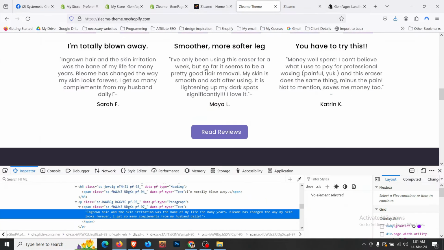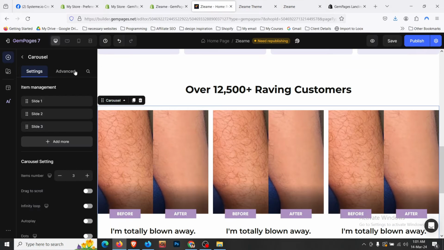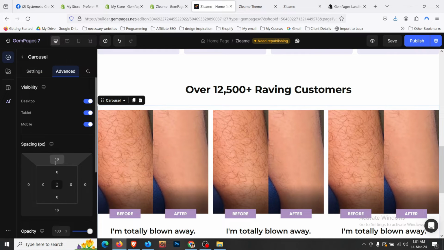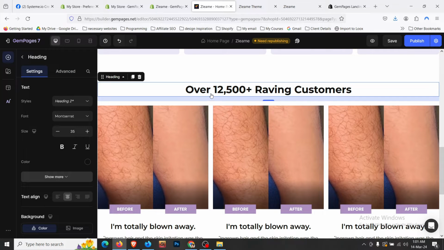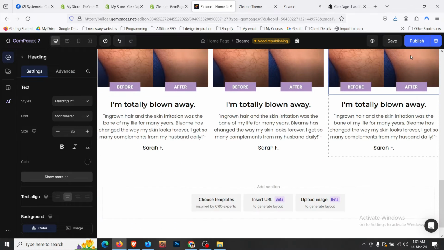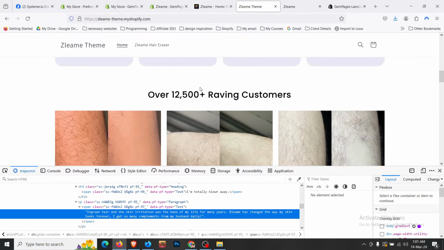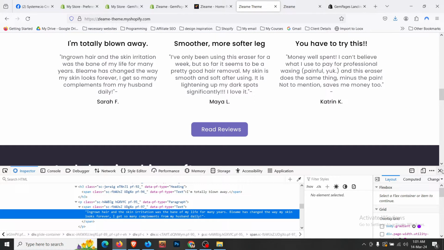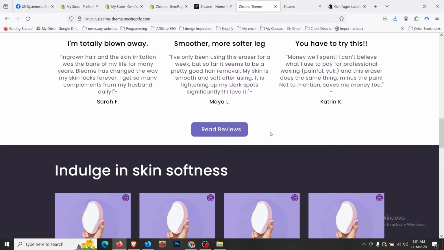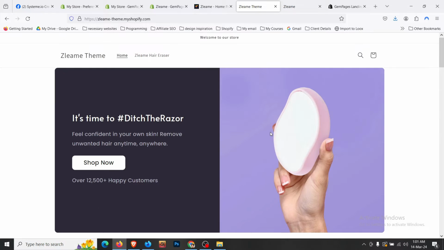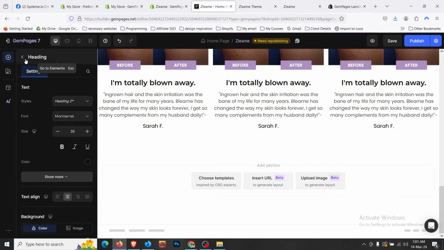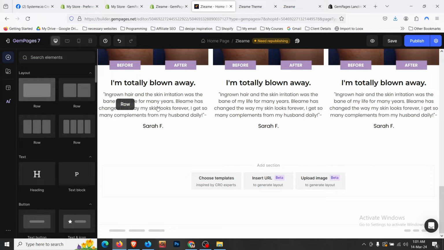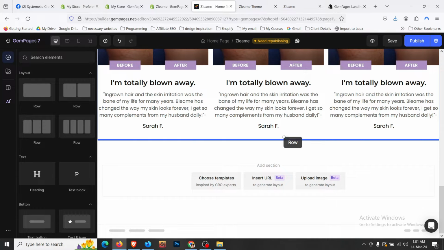If the space is larger than we expect, then go to this carousel and just remove the extra, just like this. So that will be our job done. So now click on save, and now we have a button, read reviews. It will redirect people to the reviews page, and it is also very easy to add this type of button, right? For that we just need to click this and then take a row under this,